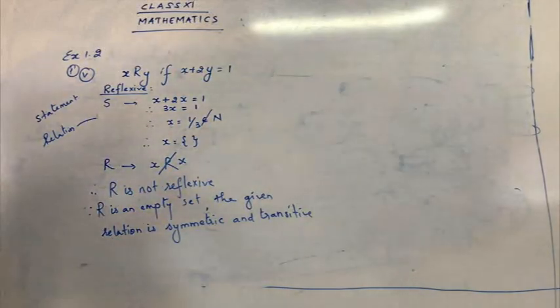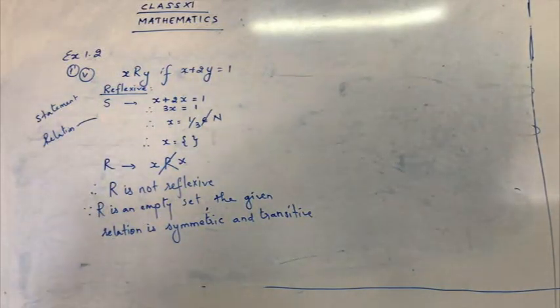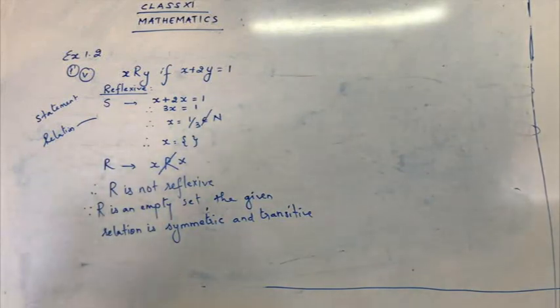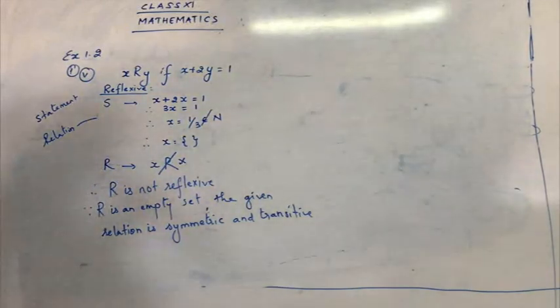So just be careful with the points. For some examples or for some sums, we can directly use the properties. So if it is a universal relation, the set will be an equivalence relation. So what do you mean by equivalence relation? The relation will be reflexive, it will be symmetric and also transitive. Similarly, if the relation is empty, it will be symmetric and transitive. And if the relation contains a single element, then the relation is transitive. So only if one element is present in a relation, you have to say the given relation is transitive. So the fifth sum is done.